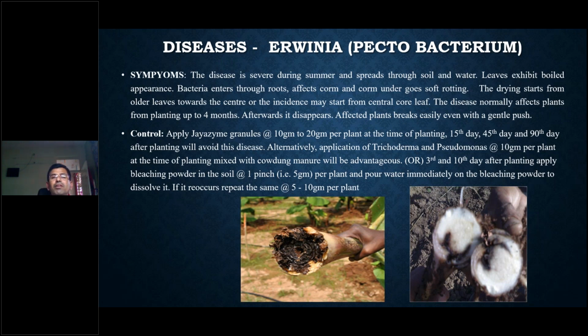Or alternatively, you can apply Trichoderma and Pseudomonas at the time of planting at the rate of 10 grams per plant. For this, in our company we have JSM granules. It's a seaweed based granule. At the time of planting, we advise the farmers, immediately after planting, to apply 10 grams of granules around the plant base,